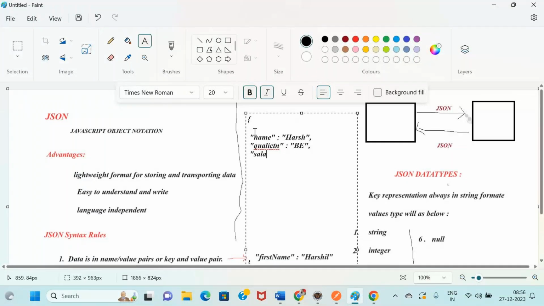I'm trying to represent an integer format for this, colon, and I'm comma separating.